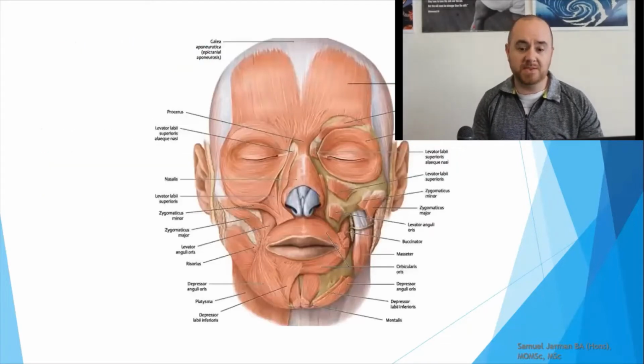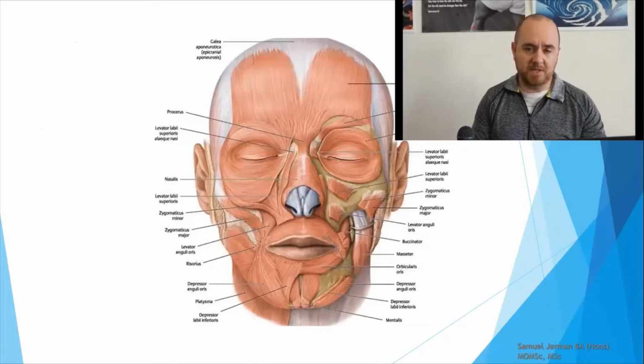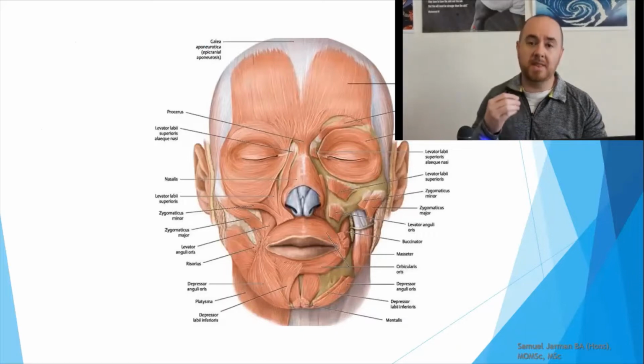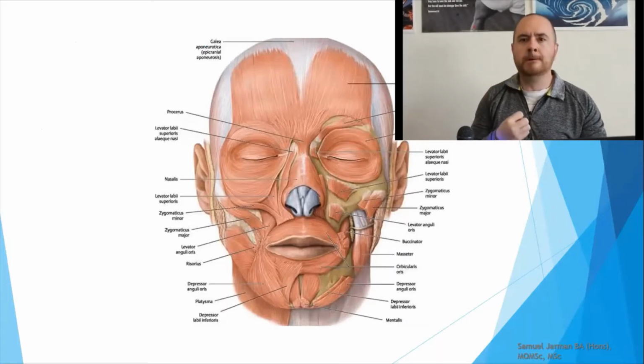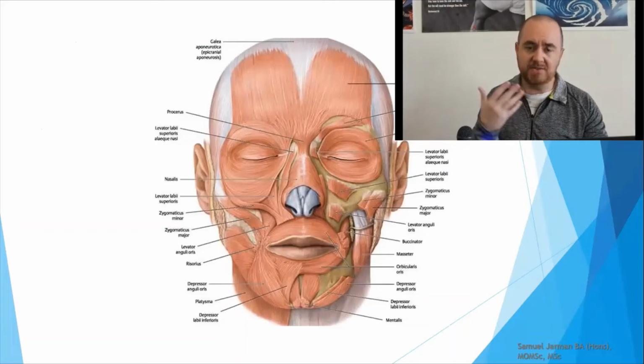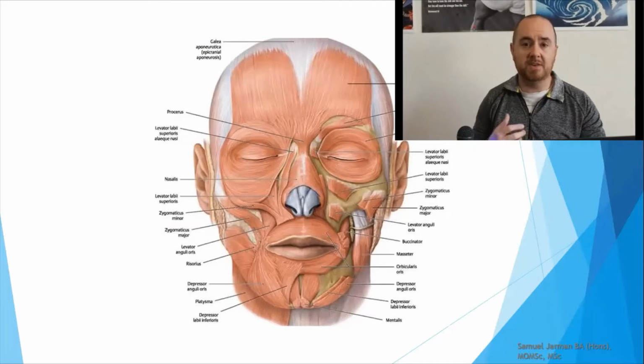So the muscles of facial expression, as you can see, there are quite a few. Very, very broadly speaking, the things that are the same about these muscles are that they have a bony connection to the cranium, to the skull, in some way or another, and their other attachment point is to the subcutaneous connective tissue. So they go from bone to skin. The primary aim of the muscles of facial expression is to move skin in order to make facial expressions.